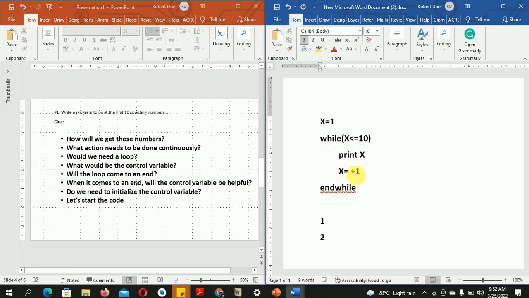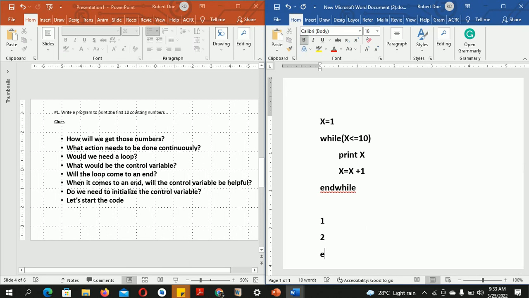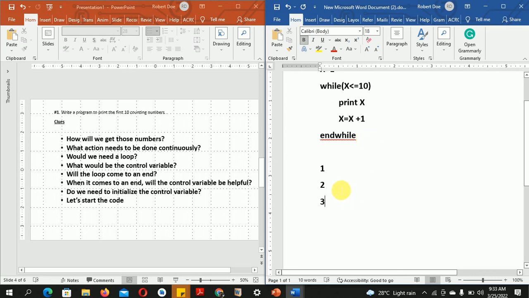Let me bring the x back. If it is 3, the loop will check again. The moment it hits the last statement, it checks: is 3 less than or equal to 10? They will say yes, 3 is less than or equal to 10, so this condition will be true. If it is true, they will print x, but x is now 3. And then it will continue until we get